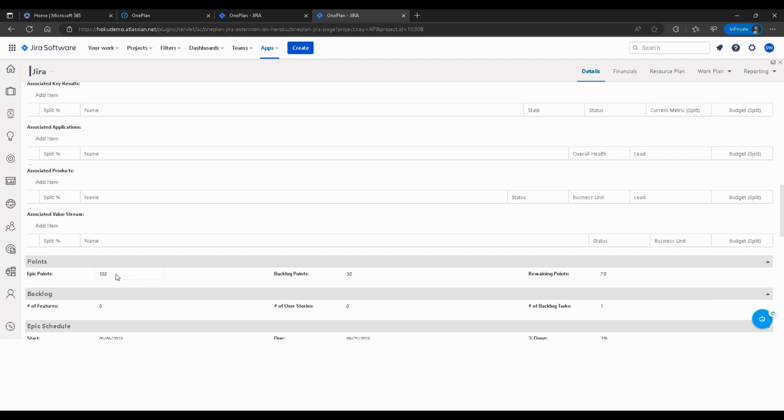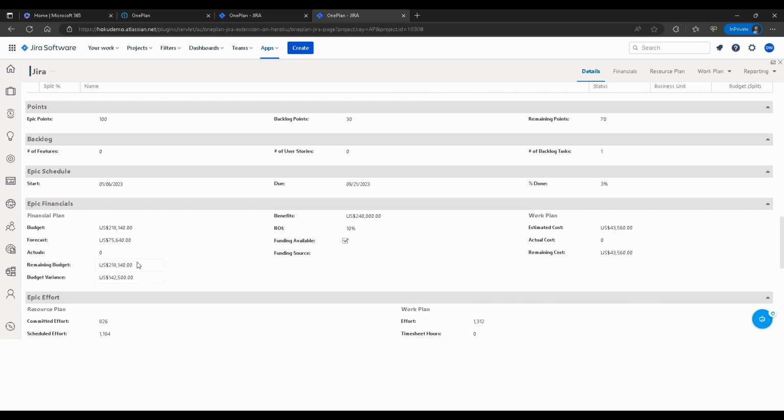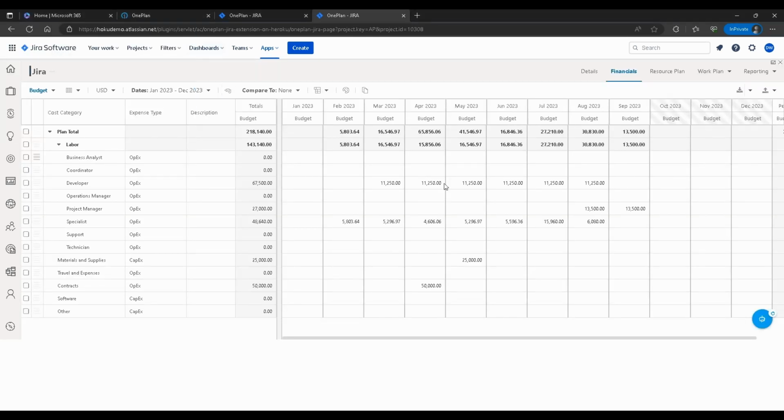You can plan points here, or you can bring them from Jira directly. So that's another capability that we have in terms of mapping the data set. If you want to schedule, you can do that also, when the epic is going to be due, or you can bring that in if you've actually scheduled it in Jira. Financials, I'll talk about in a second, because we have the ability to do top-down financials, but you can also be planning your, doing a full budget